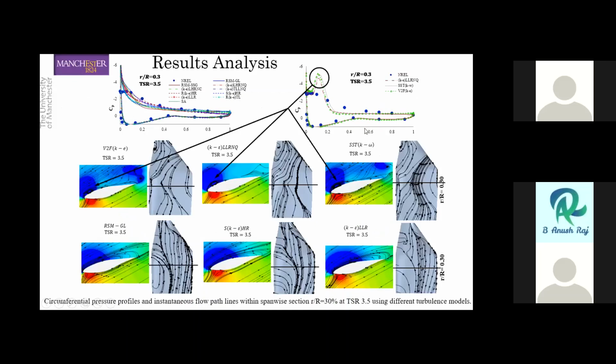In this study, we also studied the circumferential pressure around the blade using the turbulence models which I mentioned. Here we have Cp around the blade at section 30%. I have separated the circumferential pressure into two groups. The group of turbulence models which doesn't